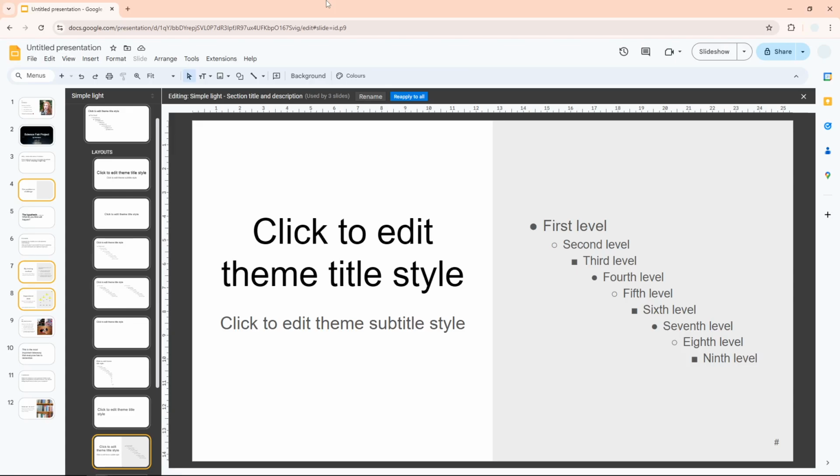Hi, in this video, I'm going to show you how you can edit the master slides in Google Slides. Master slides is basically just a template that is used by the presentation document. So if you edit the master slide, then the rest of the document will follow the same template. So let me give you the tutorial on how you can open this master slide and then how you can